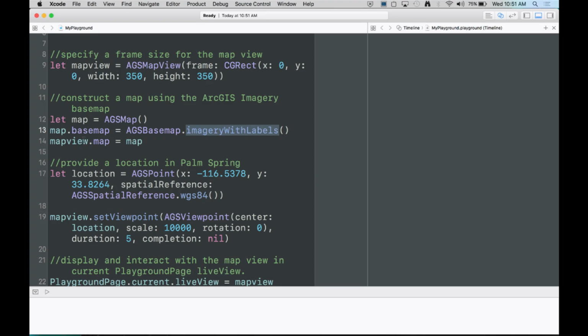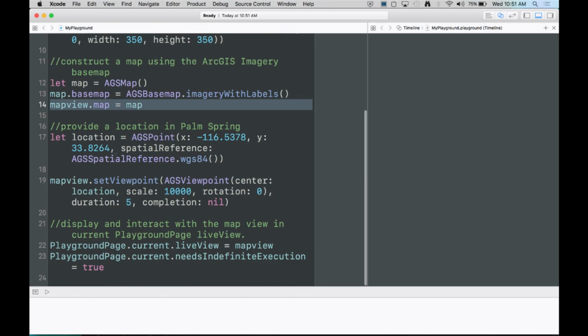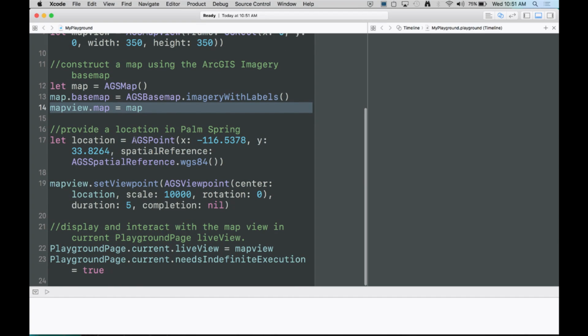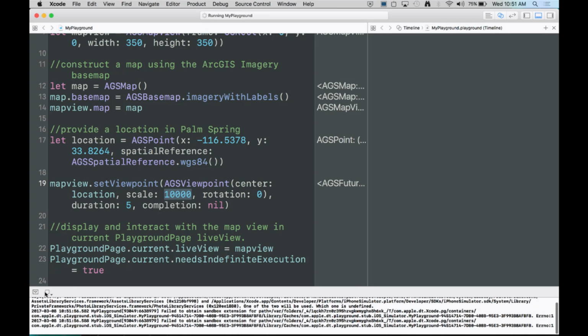And I assign that map to the map view. And that's it. And then I just create a location which is centered in Palm Springs using this point geometry. And I set the viewpoint of the map view by passing in that location as a center and telling it to zoom to a scale of 10,000. So if I go ahead and just hit play,